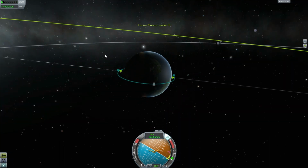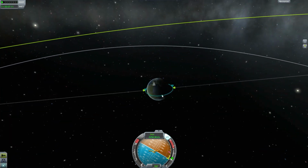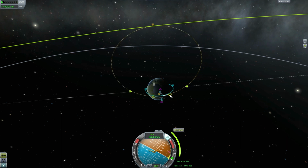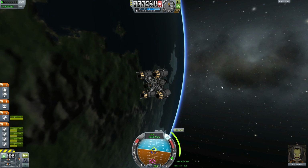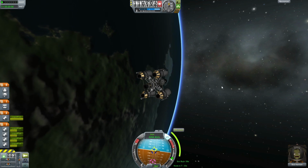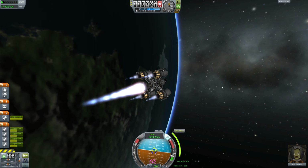Dang it. Alright, let's see what we could do. Where is Minmus? There it is. Alright, so I'm probably going to have to burn some time around here. Yep. What do we got? Aha! Alright, we're coming up on our Minmus burn here. I've activated the central engine as well, simply because I feel like I might need the extra oomph, because we do need 896 meters per second, which isn't actually much more than what we needed